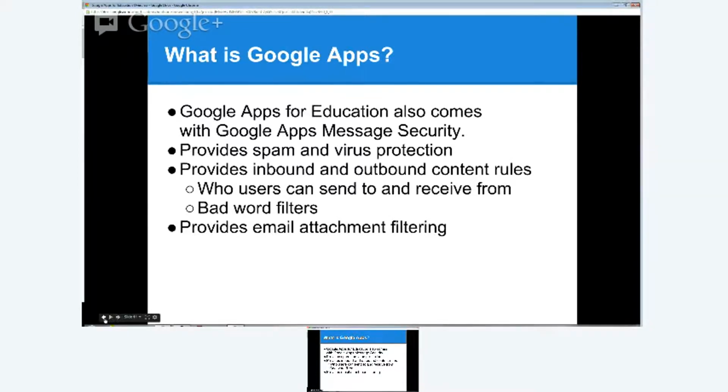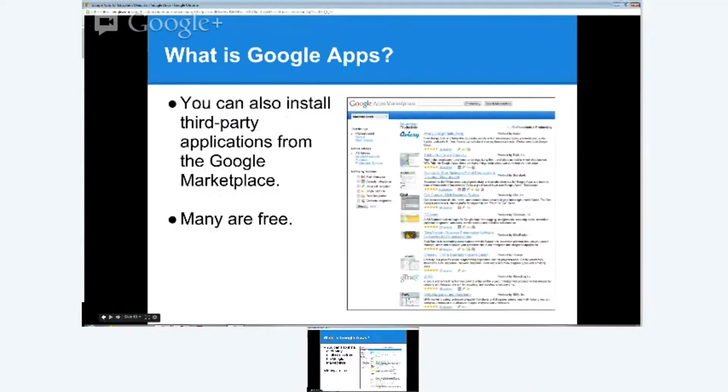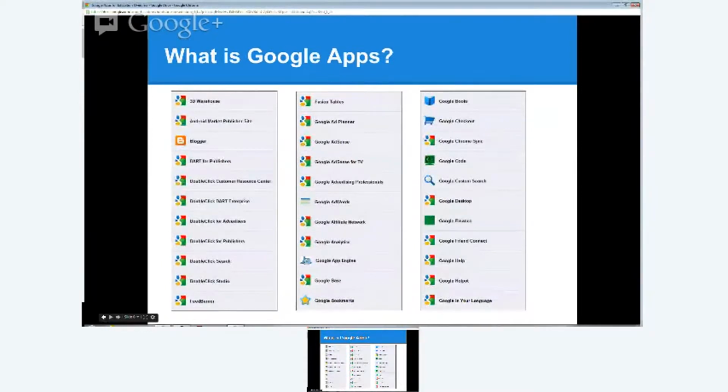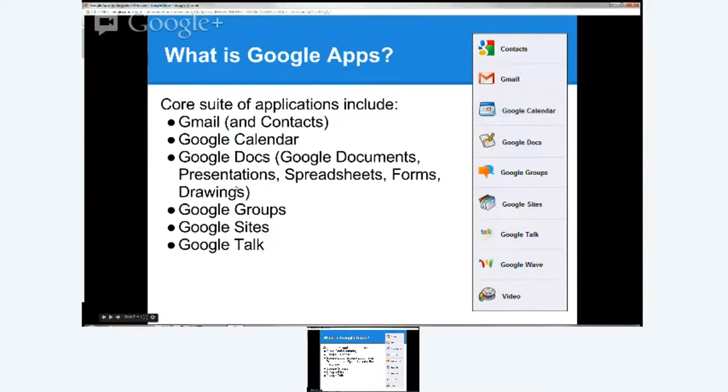And when we talked about all these different programs that you can have, you can turn these on or off. You can say, no, I don't want certain age ranges to have Google Sites. Maybe the elementary doesn't need to be making sites. Well, ours do make sites, but maybe you'd say no. You've got that ability to turn things on and off based upon what groups people are in, and so you